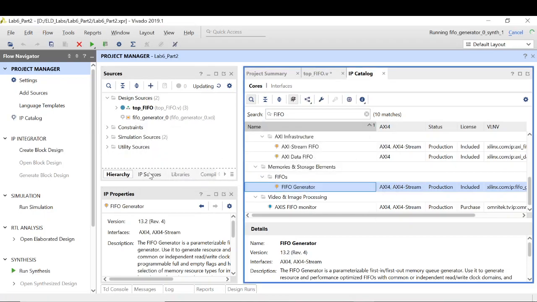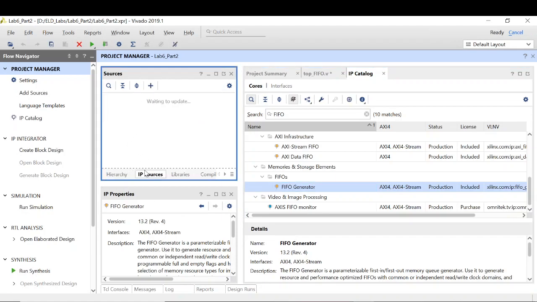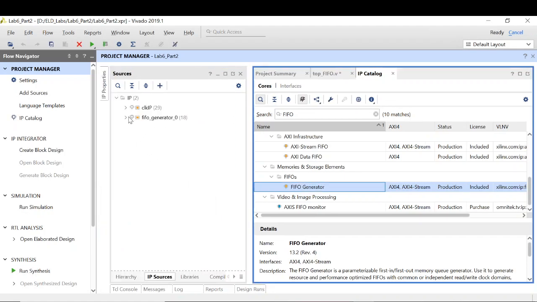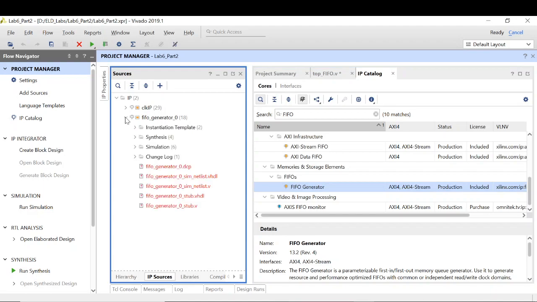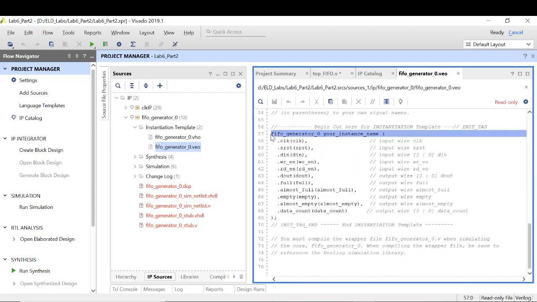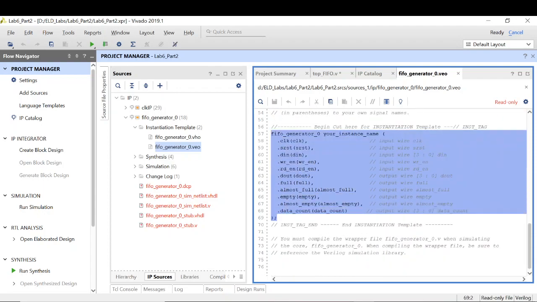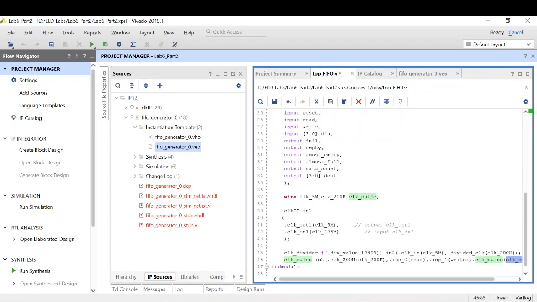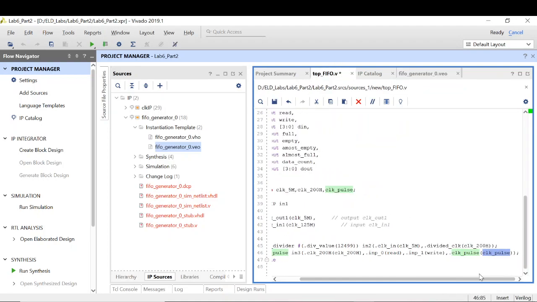So we have added the FIFO generator IP. Now next we need to instantiate it.